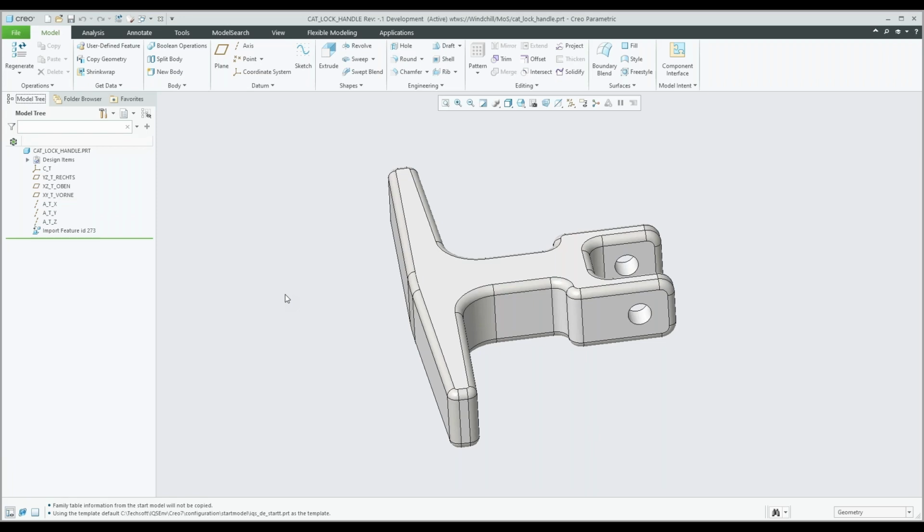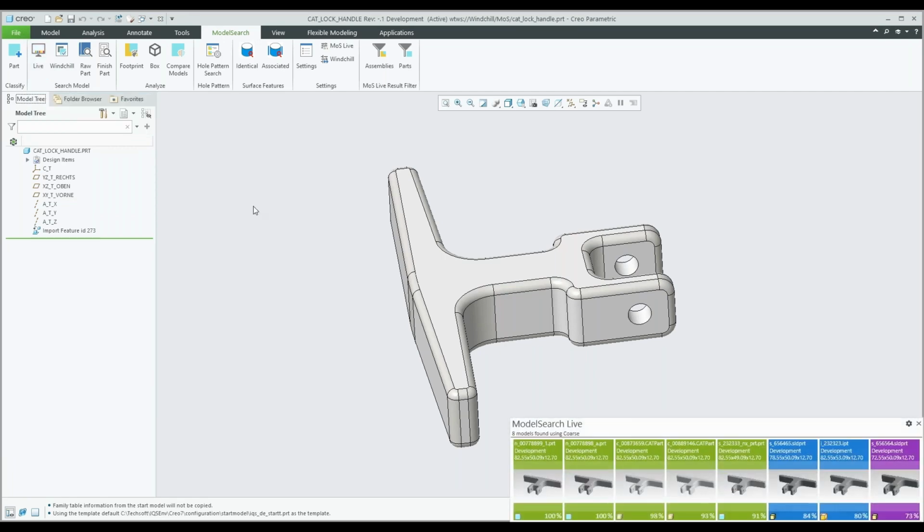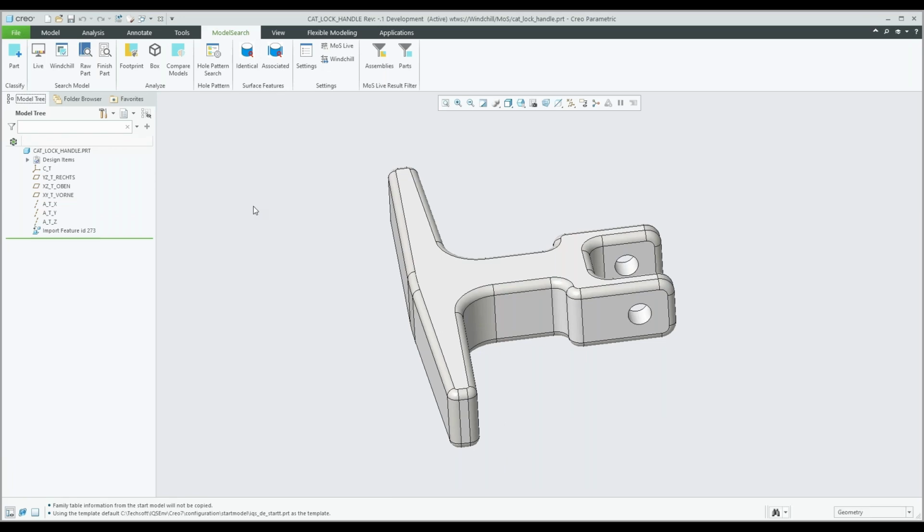I have another example. It's something like a molded model, and I've opened it from Windchill. And when I do so, I can jump into the ModelSearch tab. As you can see, it's fully integrated into Creo Parametric. And then I can also start the search manually by clicking the button. Exactly the same thing as before happens. The model gets regenerated, the footprint gets calculated, a similarity search gets triggered, and ModelSearch Live appears in the lower